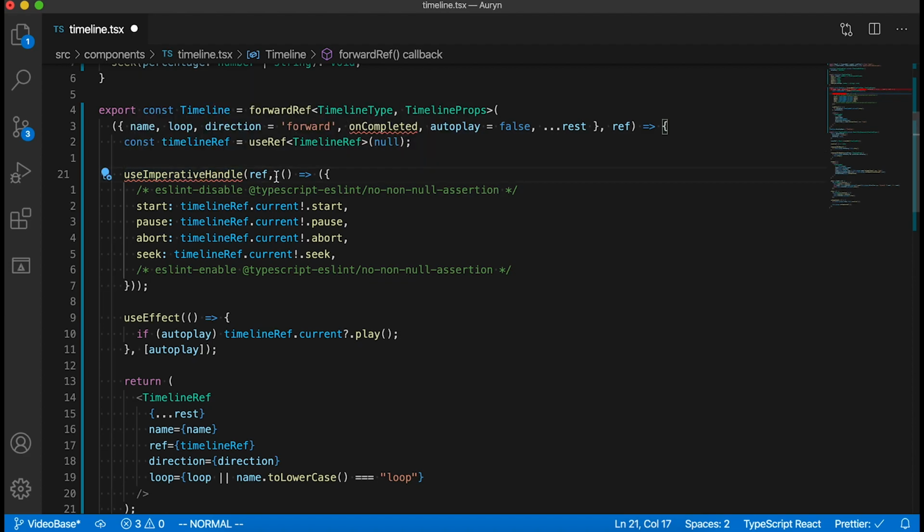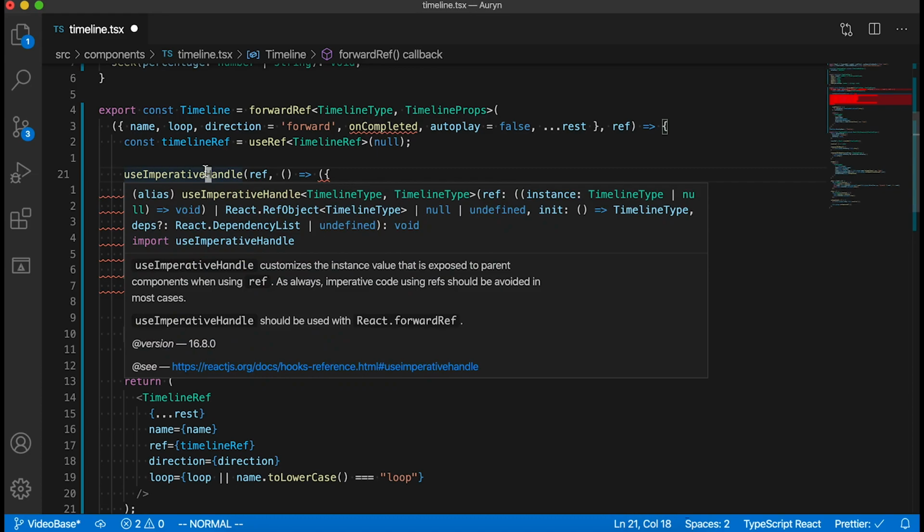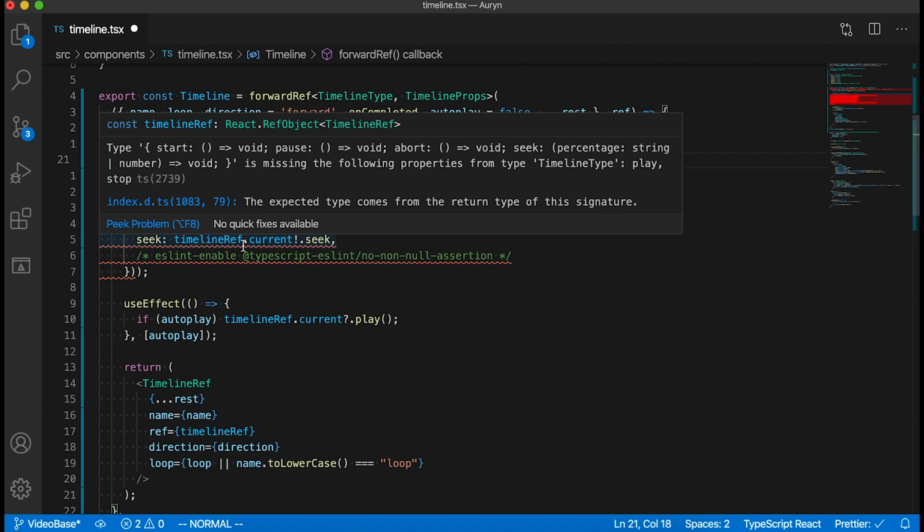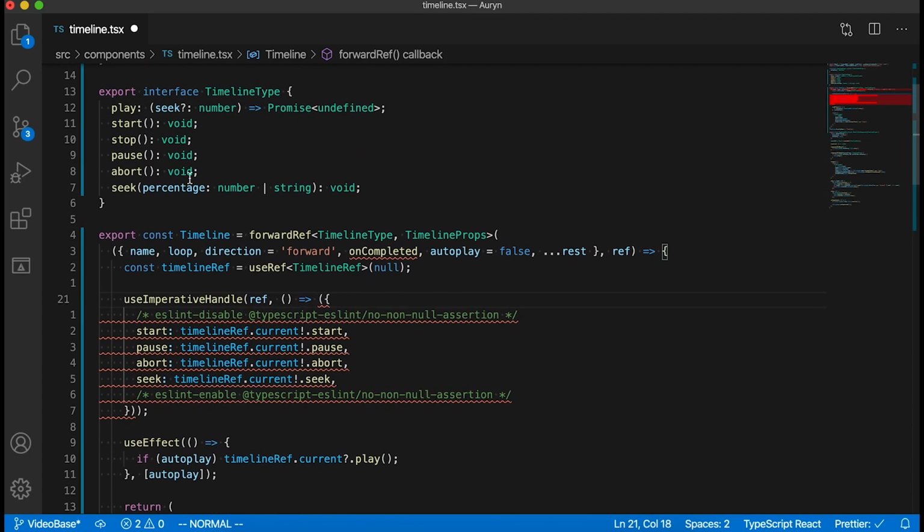So this says that the ref coming out of here will have these values, but you'll notice that after I import this, we're getting an error saying that a couple of our types, play and stop, are missing properties from our timeline type. So TypeScript is flagging us that we're missing two. And to do that,